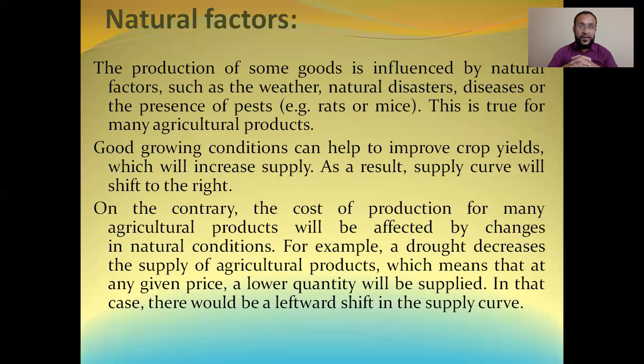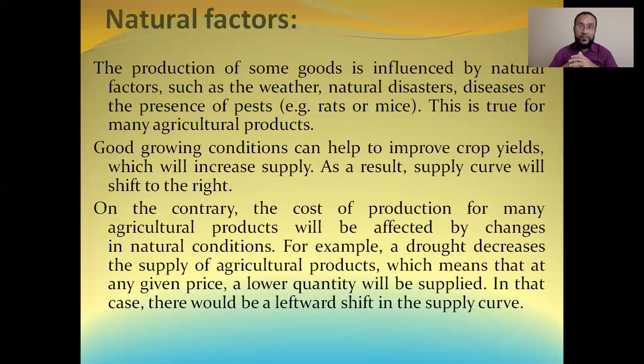So these are the natural factors, and this is the last factor which affects the supply curve. All right. The production of some goods is influenced by natural factors such as the weather, natural disasters, diseases, or the presence of pests, for example, rats and mice. This is true for many agricultural products. That means if